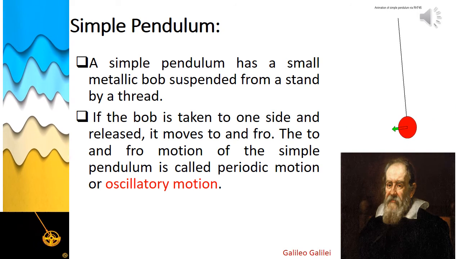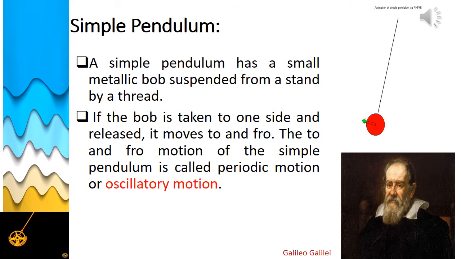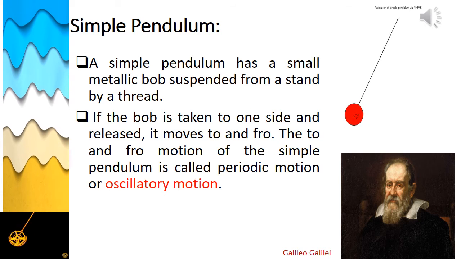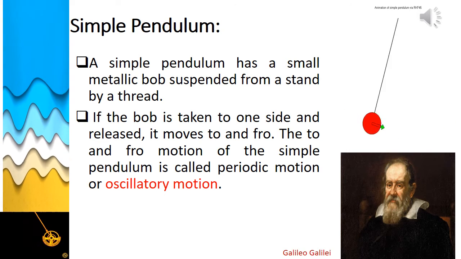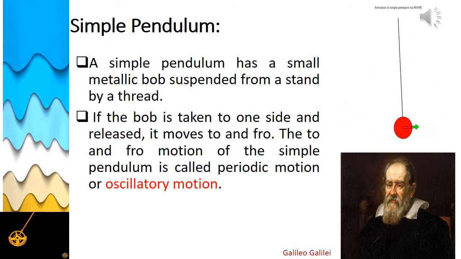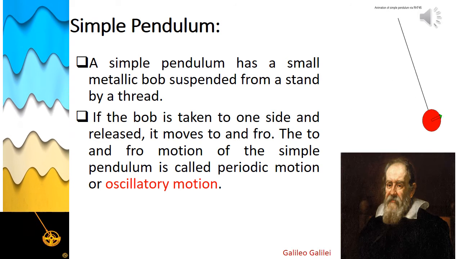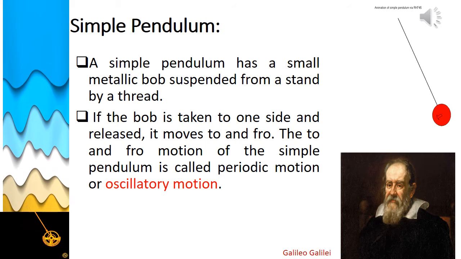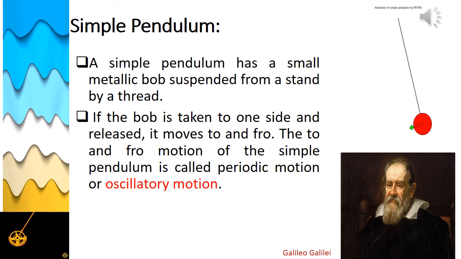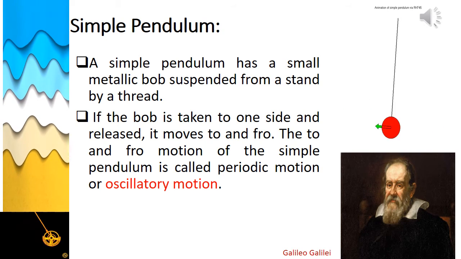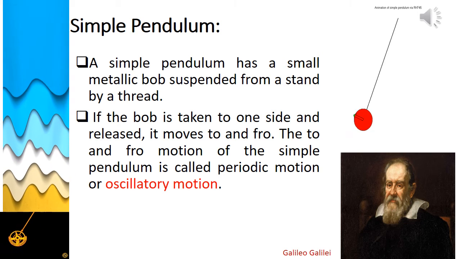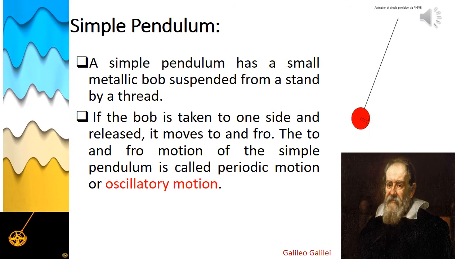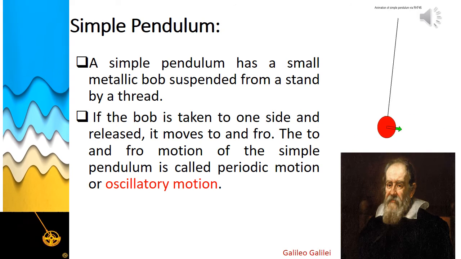We need to measure intervals of time which are much shorter than a day. Clocks and watches are the most common time measuring devices used by us. All the clocks and watches use the principle of periodic motion for measuring time. You have learned in previous class that a motion which repeats itself at regular interval of time is called periodic